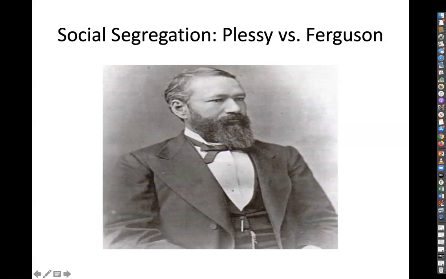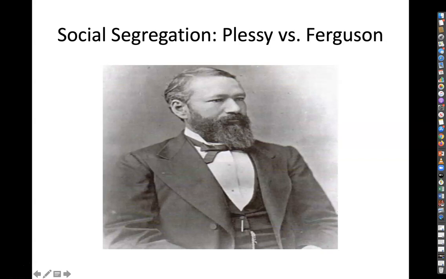Okay. All right. So now, of course, there's going to be some activists in the South that try to overturn these new laws that are segregating them. They realize that this is a step backwards for African Americans to achieve justice in the South and equality. And therefore, you see numerous activists involved, but perhaps the most well known is Homer Plessy and the Homer Plessy court case. And that's Homer Plessy in this slide. And let me give you a little backdrop on Homer Plessy. He was 1/8 African American.